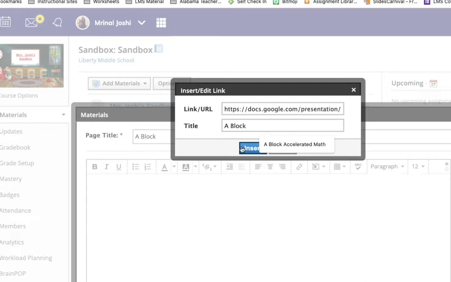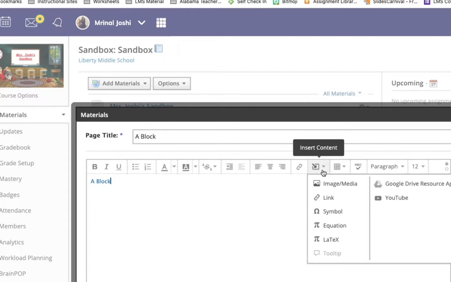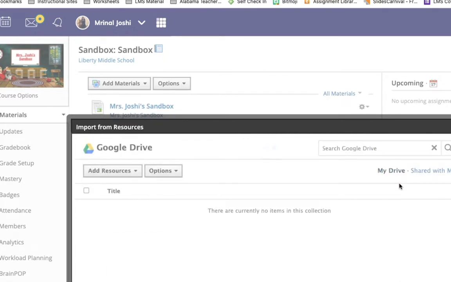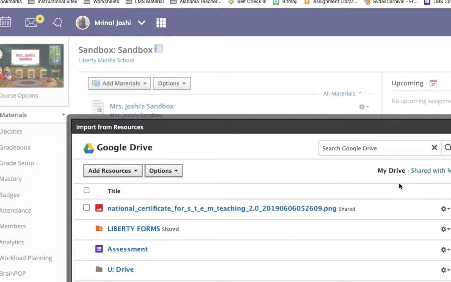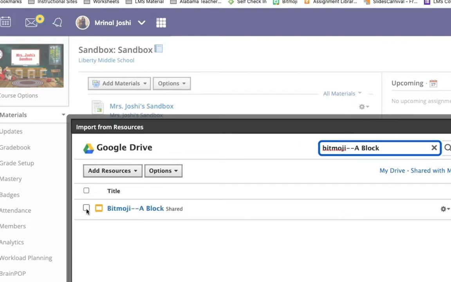So I'm just going to call it that right now and I'm going to insert it here. And after I've inserted it, I go here, which is insert content. And I go to Google Drive resource app. And then this will come up. And then I click on whatever it is. So this is Bitmoji, and this is A block, and I will look for it. So here we go. I click on that, and I go to import